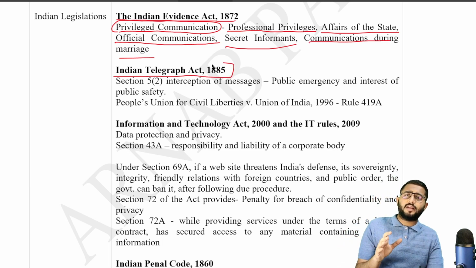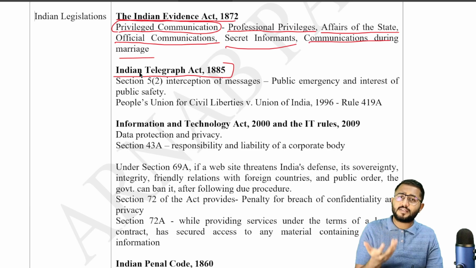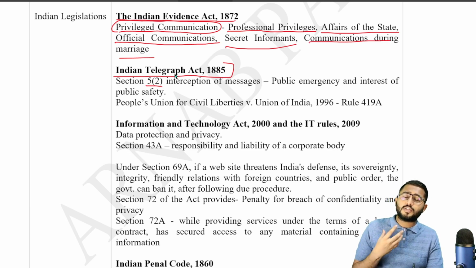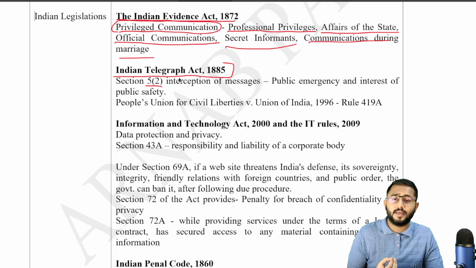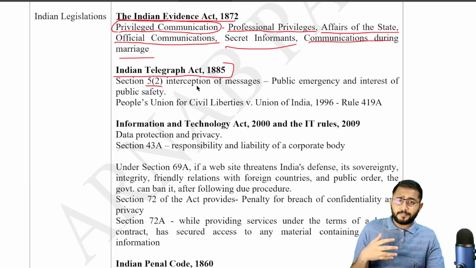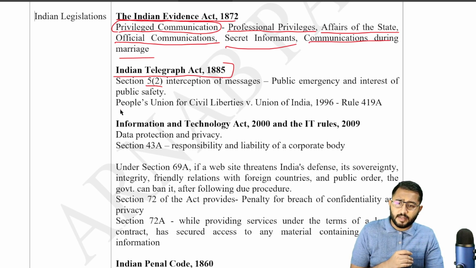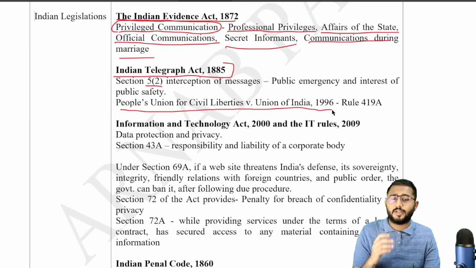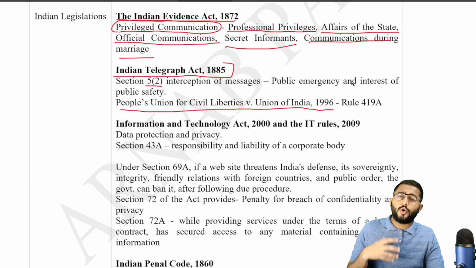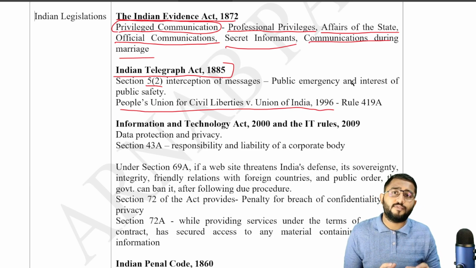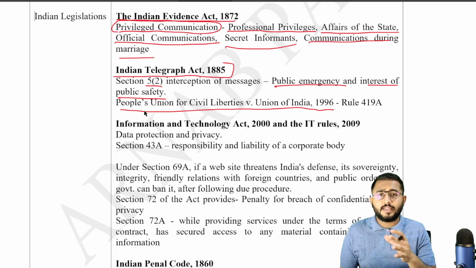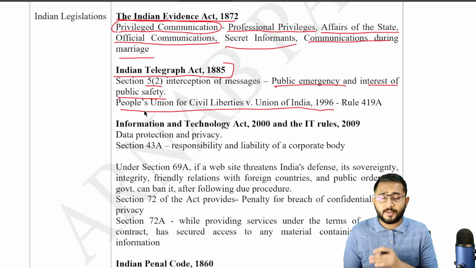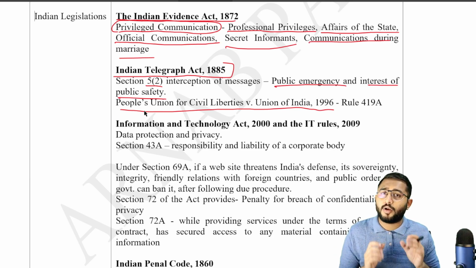Very quickly looking into the Indian Telegraph Act, it is also known as the Phone Tapping Act, because this act, section 5, subclause 2, talks about how the government can intercept telephonic conversation, right, or phone tapping. When this act, till 1996, till this People's Union for Civil Liberties versus Union of India case 1996, right before this, the way how the phone tapping was happening was very vague, because even though the act says that it can be only done during public emergency and interest of public safety, the government would cite this public emergency and interest of public safety in most of the cases just to spy on political opponents.